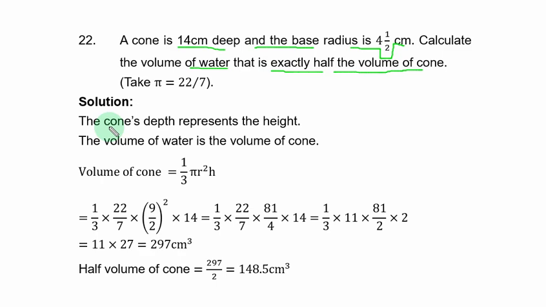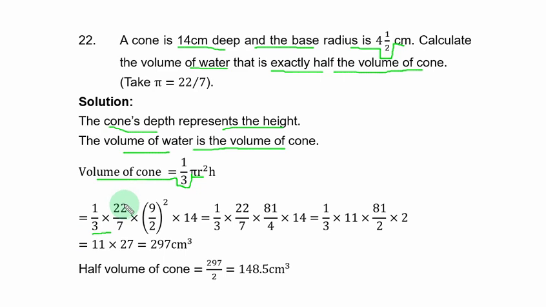The cone's depth represents the height. The volume of water is half the volume of the cone. So, volume of cone is equal to 1/3 times pi r squared h. You have it as 1/3 times